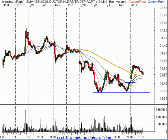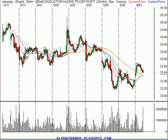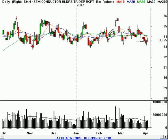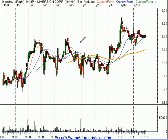I don't want to read too much into one period of volume, but on the 30-minute time frame, where did it come up to? It came up to this prior level of support, right around this 33.90 level. So I think pushing back above this level would give semiconductor holders a reason to breathe a little bit easier, but they're still in a longer term, just neutral sideways range. Kind of bullish to see it back above the 200-day moving average, but I don't really think that means too much. So overall, though, great day for the markets and good day for bullish positions,